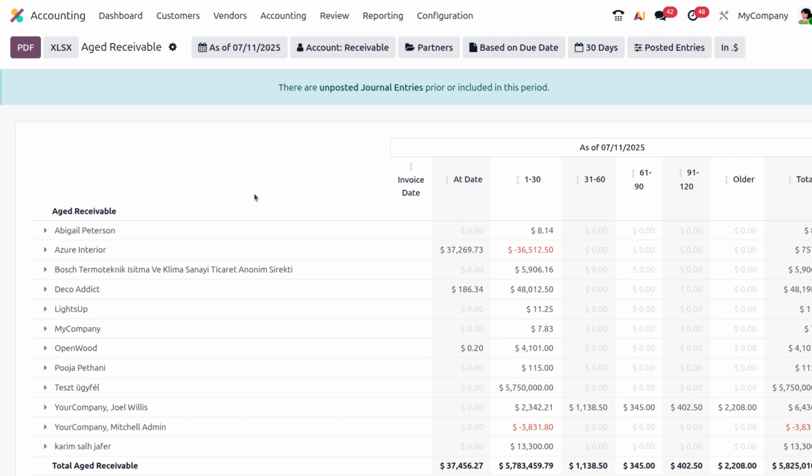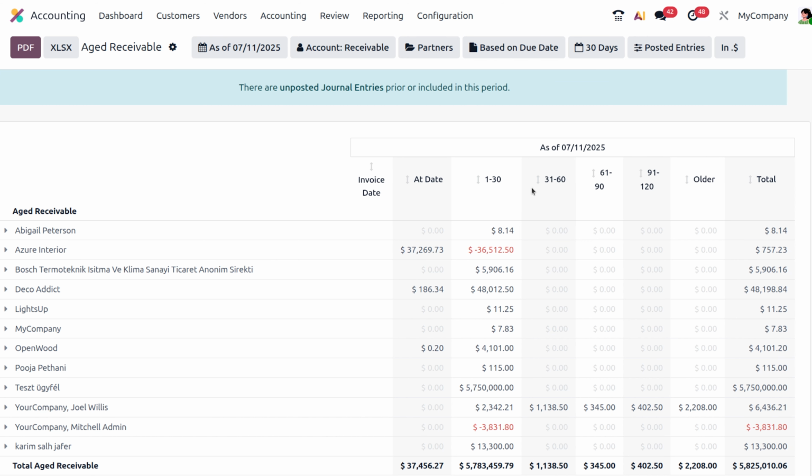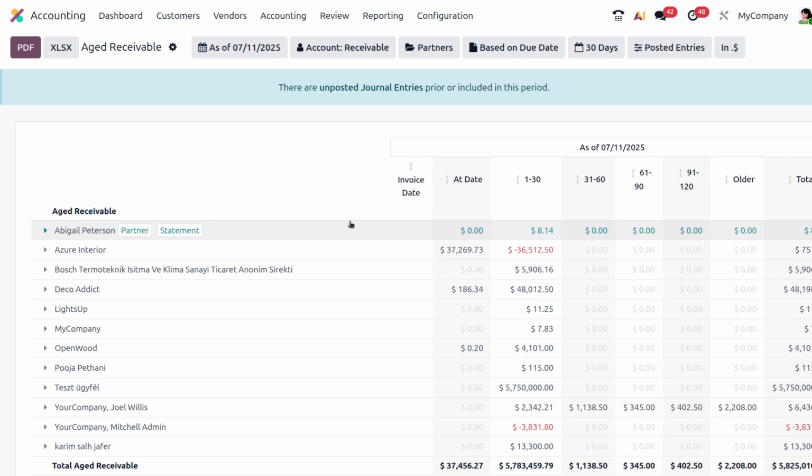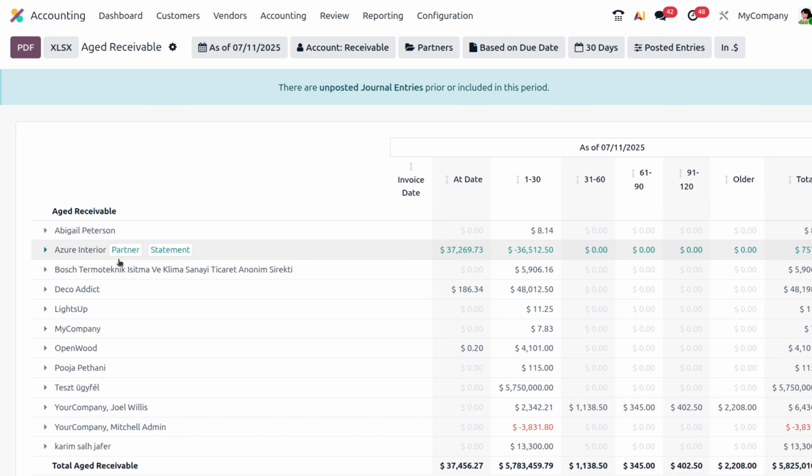by aging period. You can find the aging periods as 1 to 30, 31 to 60, 61 to 90, 91 to 120. So here is the aged period. And there you can find the customer names, like Abigail Peterson, Your Interiors, and all the customers who are in the aged receivables list. Here you can see which customers have an overdue payment and how long they have